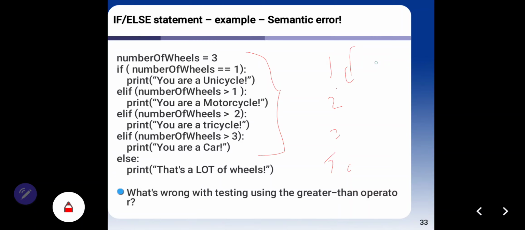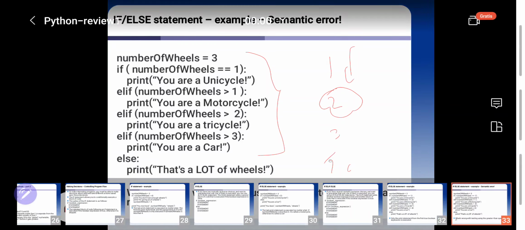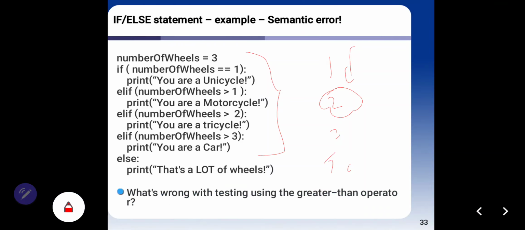For example, if the process is true in number 2, then number 3 and number 4 will never be processed, or the process will skip number 3 and number 4.